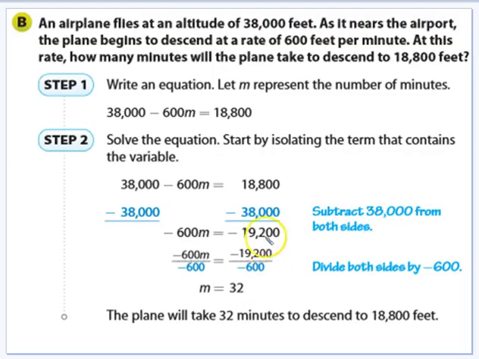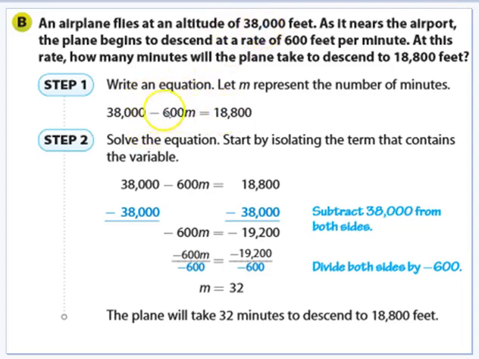An airplane flies at an altitude of 38,000 feet. As it nears the airport, the plane begins to descend at a rate of 600 feet per minute. At this rate, how many minutes will the plane take to descend to 18,800 feet? So, the airplane flies at an altitude of 38,000. Okay,